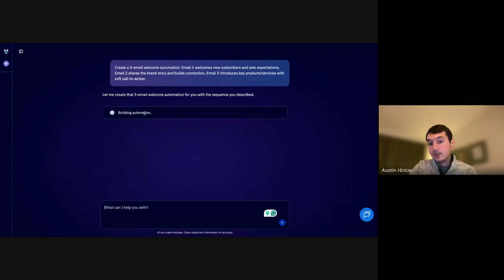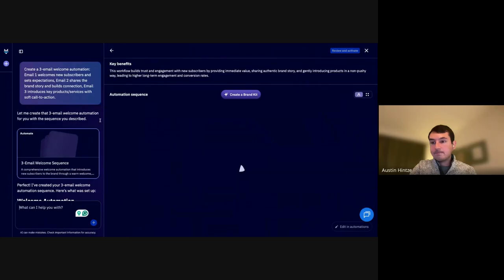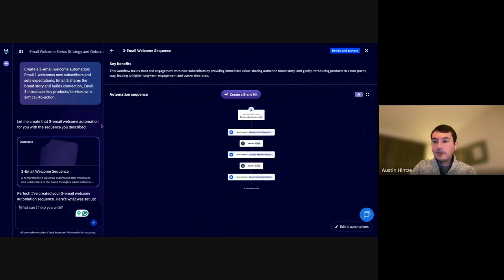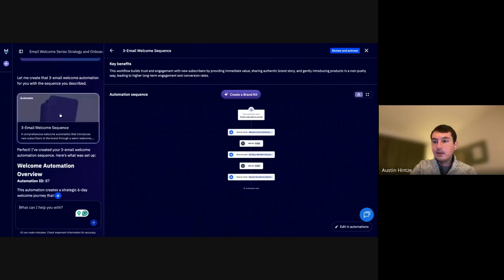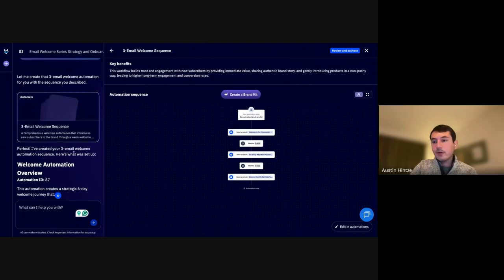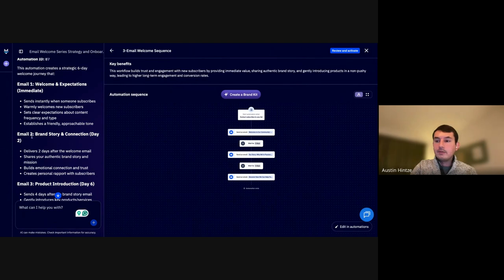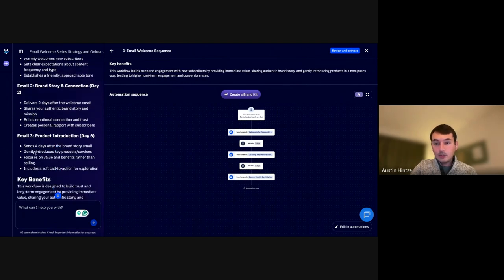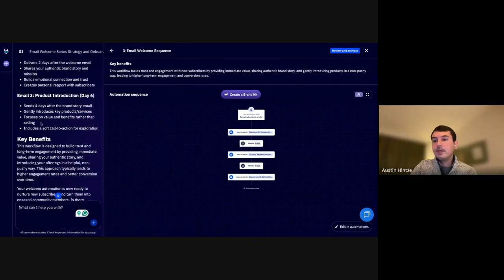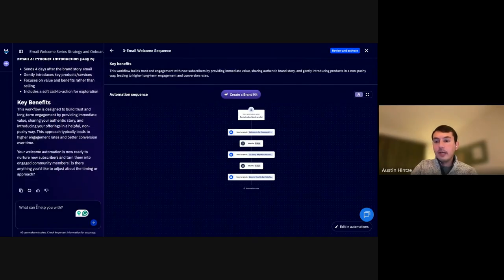But it also does tell you what it's doing at any given point in time. So you can see that it's creating a 3 email welcome automation, and it's currently working on building that out for us. As it does that, it's filling in other information here. So we can see again the overall goal of what it's creating for us, the automation ID, and a breakdown of the emails that are being sent out, what the purpose of the email is, the timing of the email, the benefits of the workflow,